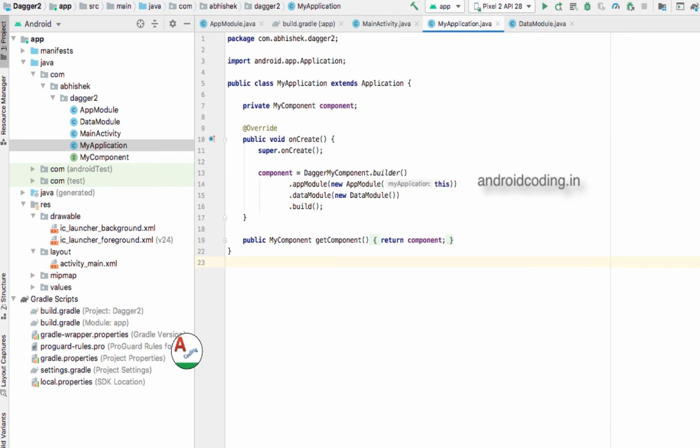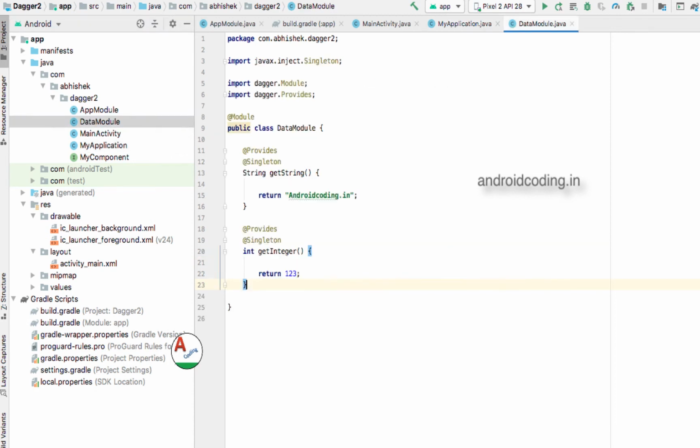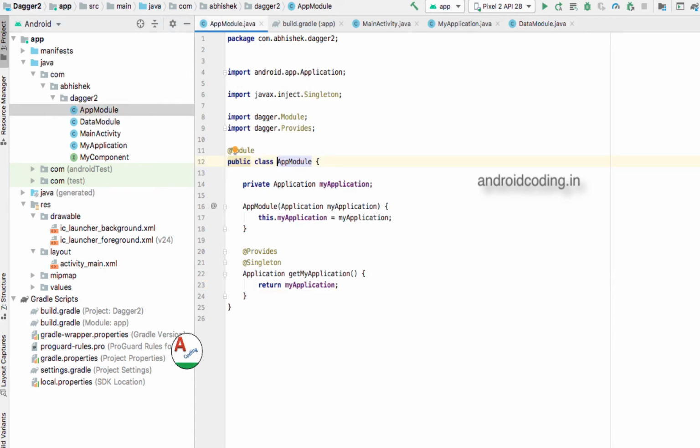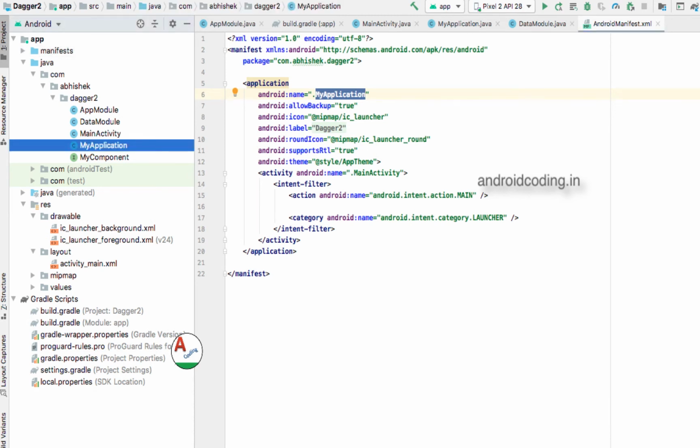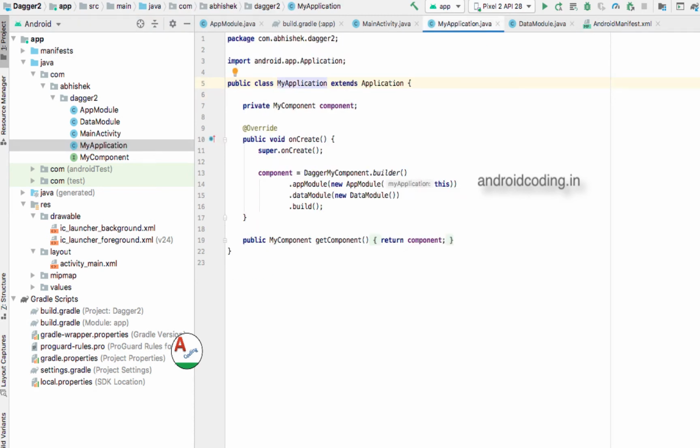As you can see, we have specified two methods, get string and get integer, in the data module, and our application in the app module. Also specify your application in the Android manifest file to get it initialized. This is an application file extending Application.